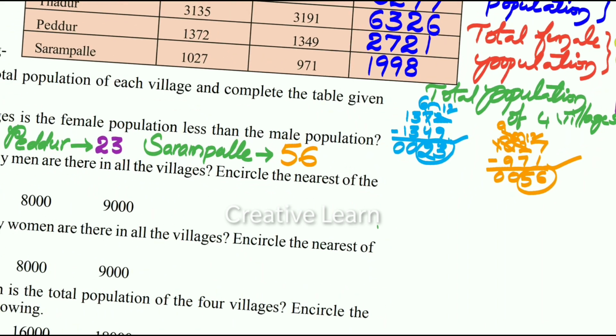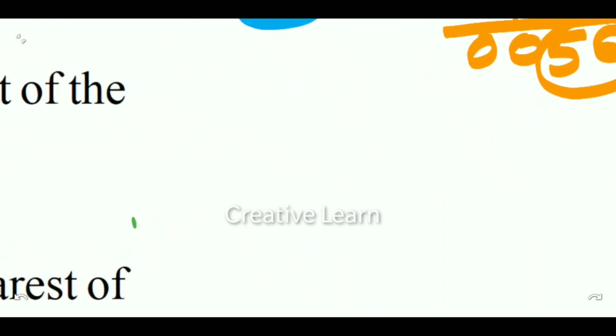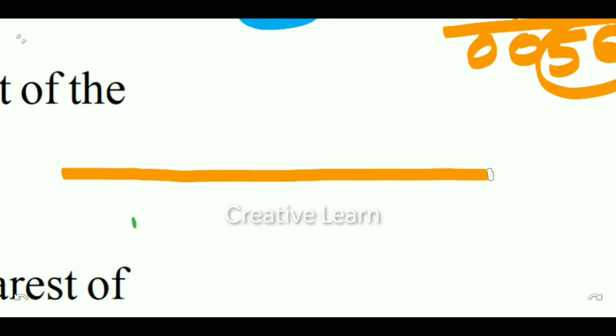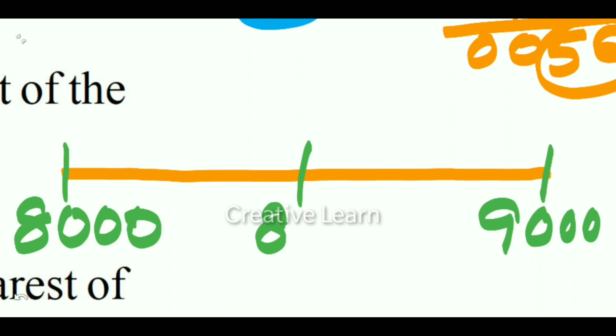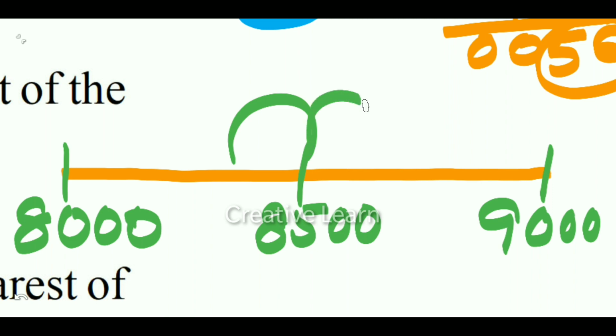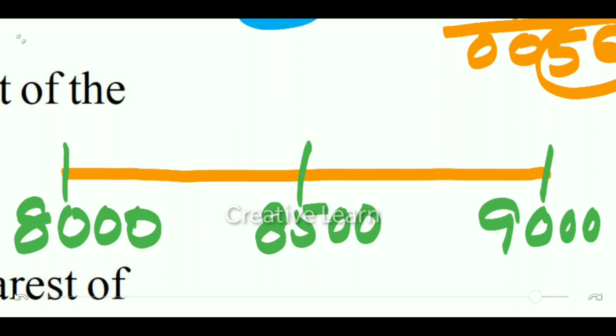Okay, let's do here. 8129 means, first draw the line. First number 8000 and last number 9000. Between number means middle number 8500. Now 8129 means where should it come, before 8500 or after 8500? Obviously it will come before 8500. So let's write here